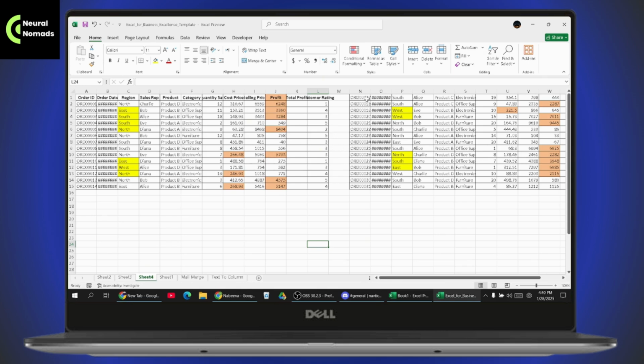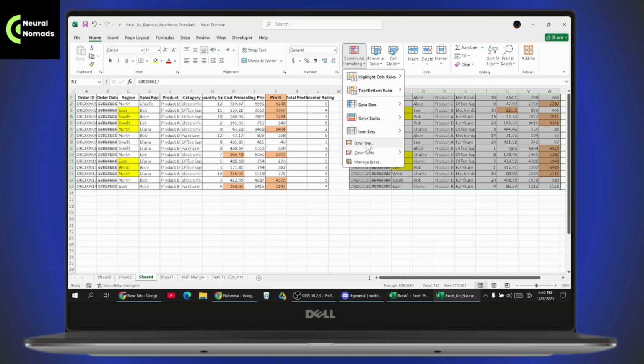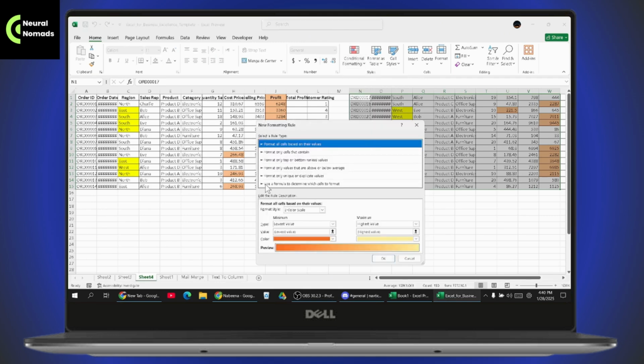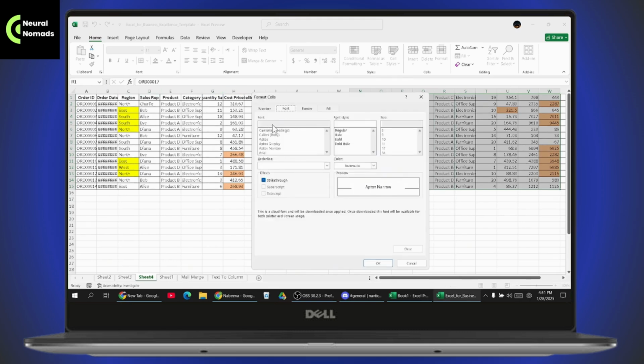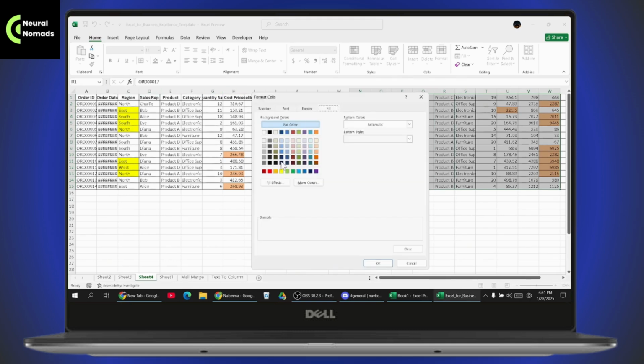So you need to select the table, the other table, and then go with conditional formatting and go with new rule. And under new rule, you need to go with use a formula to determine which cells to format. And here you need to enter the formula. So the formula goes like equals to and select the cells. Once you've selected the cells, just go with format and then go with fill, and here you can simply choose